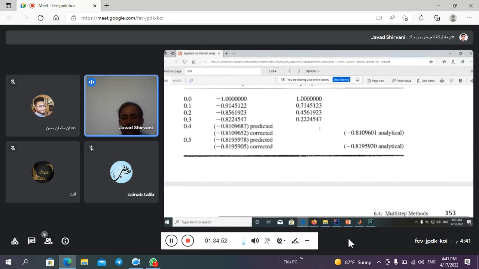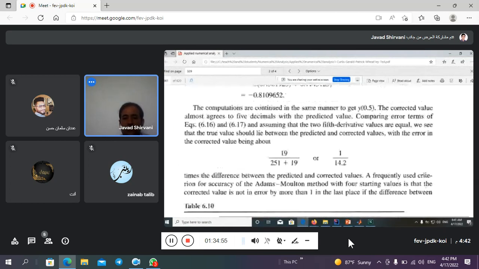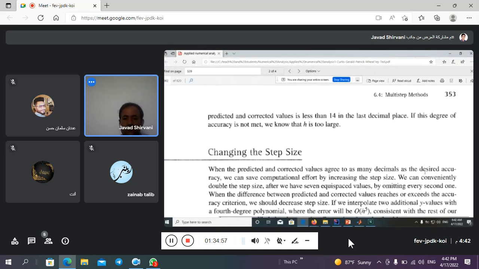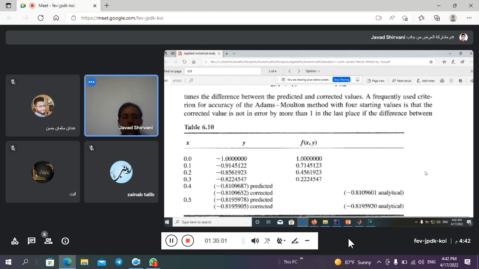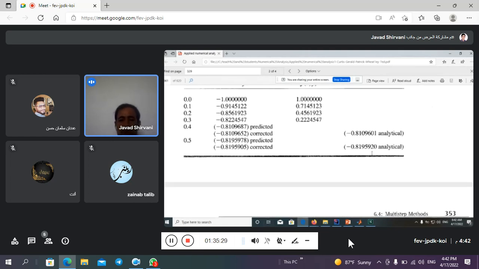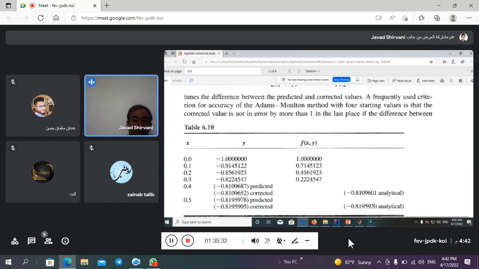The predictor formula and the analytical formula are shown in table 6.10. The values of x are 0.1, 0.2, 0.3, 0.4, 0.5, and the value of y as the solution. f(x,y) is minus 2x minus y, which is the formula for dy divided by dx, or y prime. We need these values